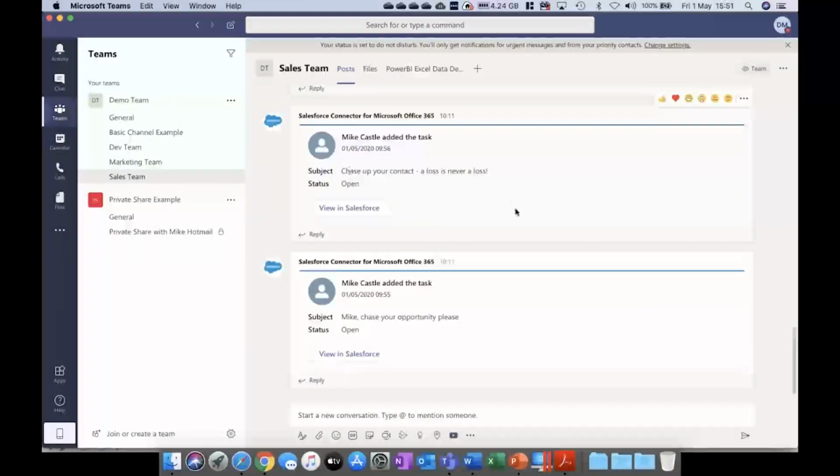And basically what it would allow my whole team to see is what's going on in Salesforce without having to keep jumping in and out of Salesforce. But what it would also do is I could hit the button and go straight to that activity in Salesforce. So it keeps me focused, and that's the point that we're trying to get across. Teams is a very good application in its own right, but actually it's also an aggregator of other applications. It keeps you focused, and it is a hub of all the things that you need to do.